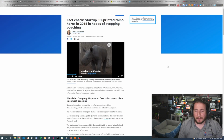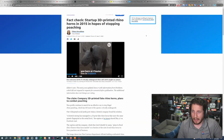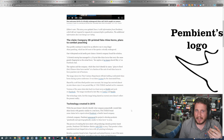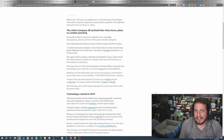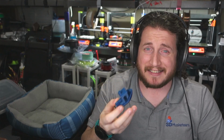Vox, and USA Today, which actually provide sources, are reporting on the company behind it. Pembient, based in Seattle, had this lofty idea where they were going to basically copy the rhinoceros horn with 3D printing by utilizing material that effectively was identical. And no, we're not talking about printing dumb Benchy boats. And the Benchies are fine, okay, but saving animals is pretty good because a lot of these